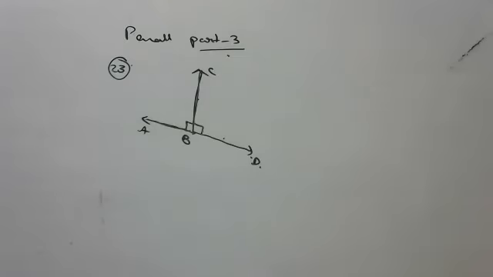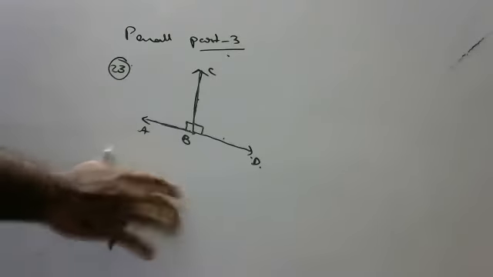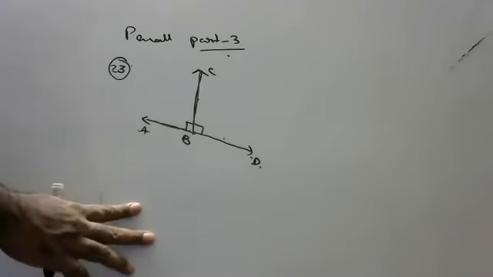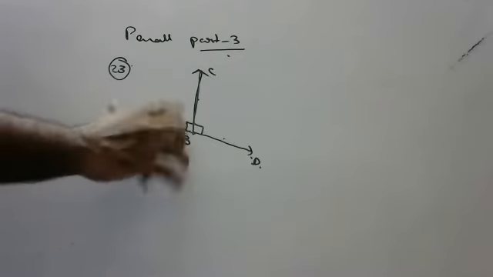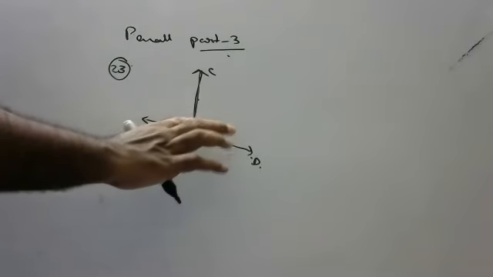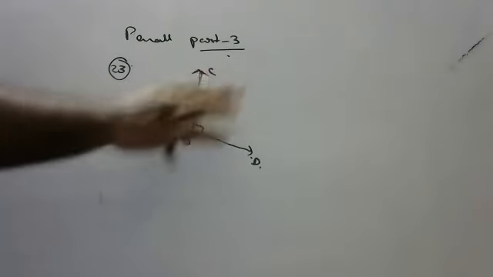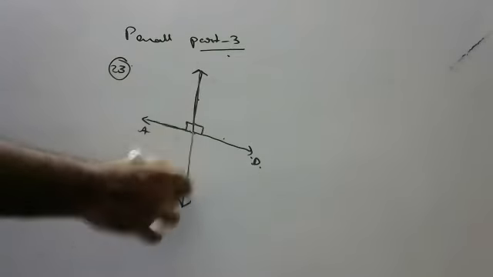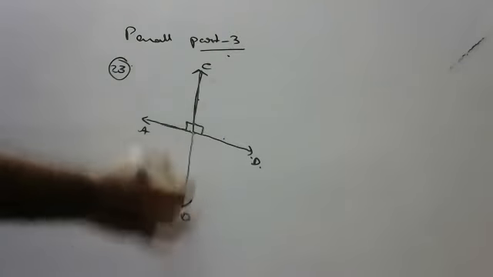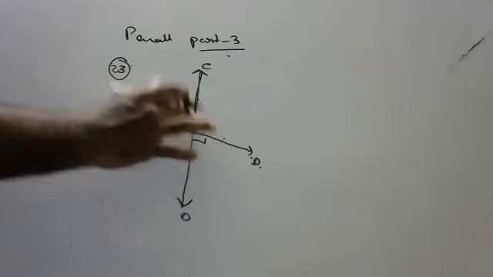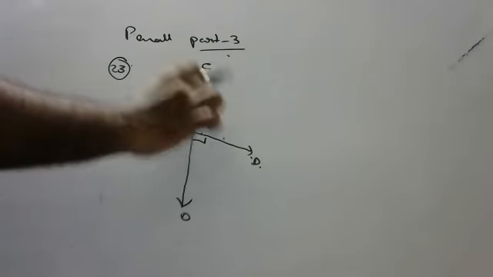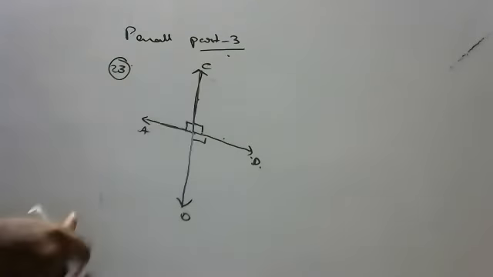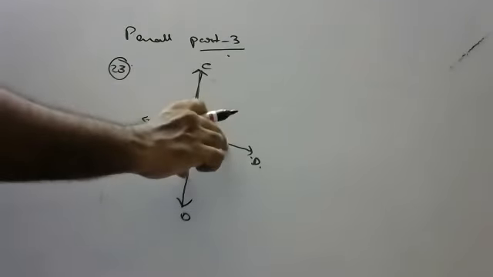Okay, children, so like this you can use it. If you take like this, he is saying perpendicular. If you want, you can draw like this also, children. Any way you can draw, it's up to you. Like this also you can draw. These two arms are perpendicular to the other two arms. Try to understand.